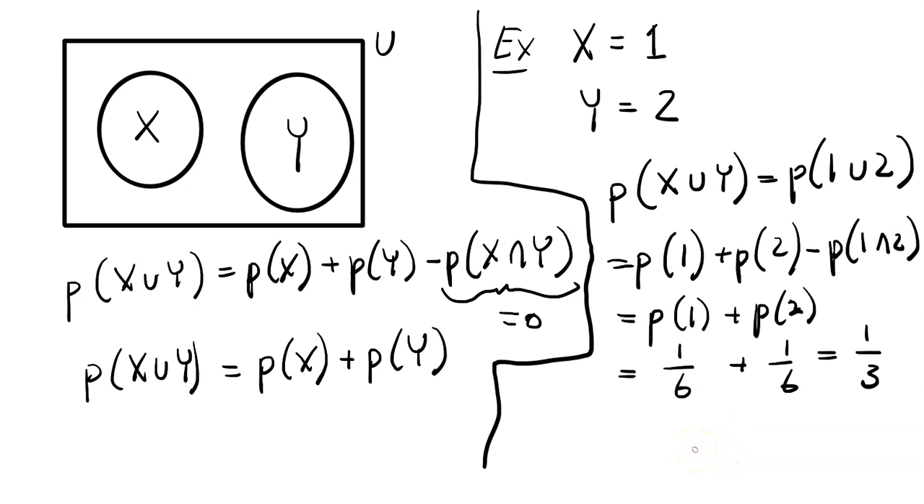So there are special cases when the events cannot happen at the same time that you can just add the probabilities. But that's a special case. In general, you need to keep this here. Okay, so let